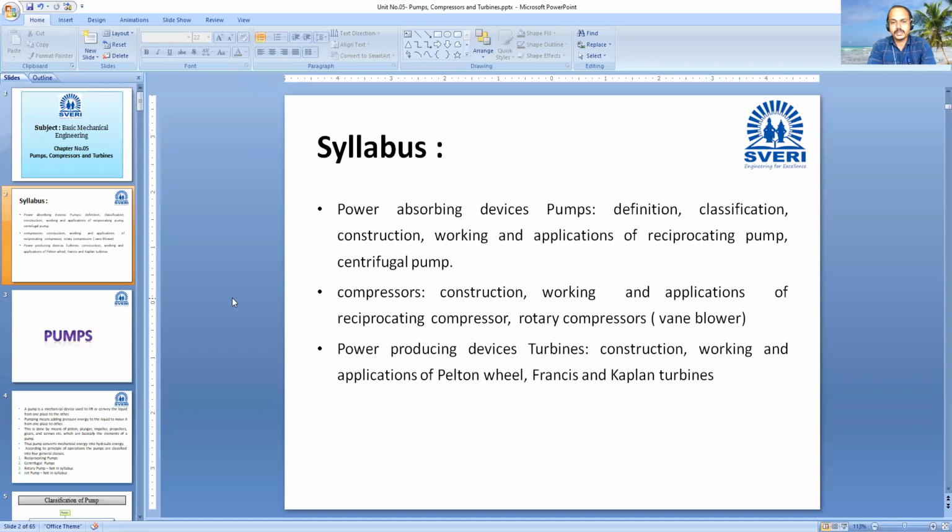As per the requirement, it means related to the head available in the dam and how much water source is there, with that we can choose one of these turbines. If there is very high head and a low discharge, at that time we can use Pelton wheel turbine. If there is medium head and medium discharge, then we can use Francis turbine. And when there is a low head, but plenty of water, a very large source of water is available, at that time we can use Kaplan turbine. Okay,